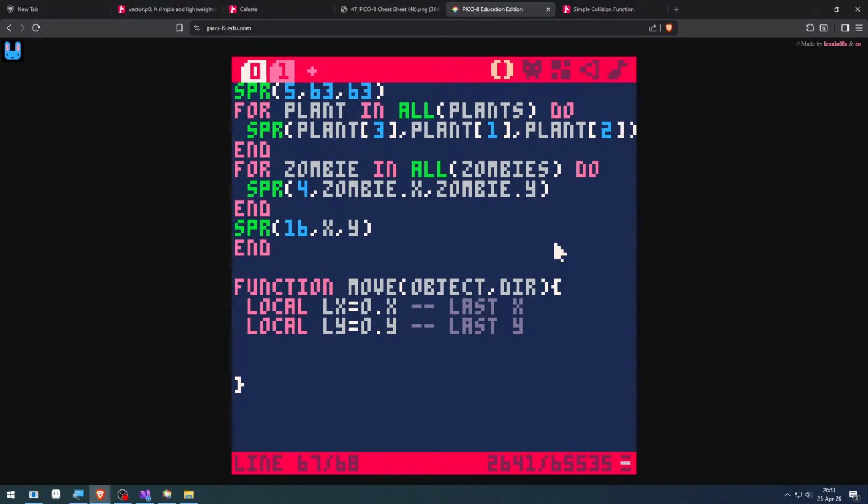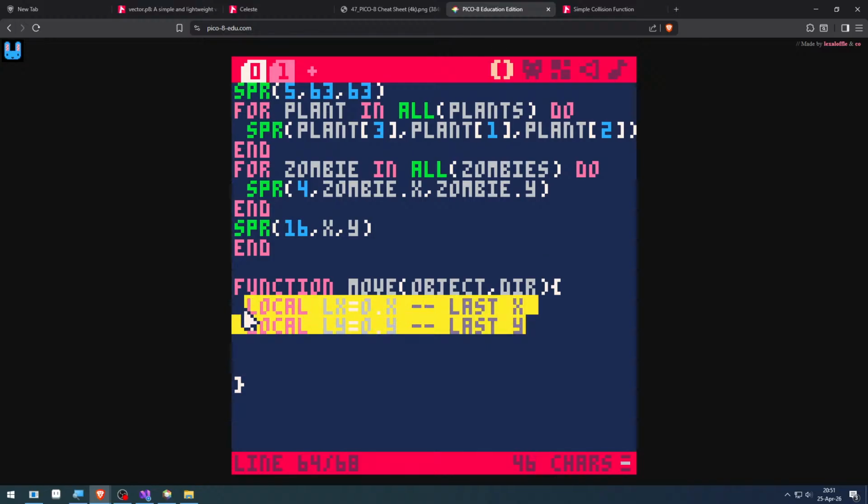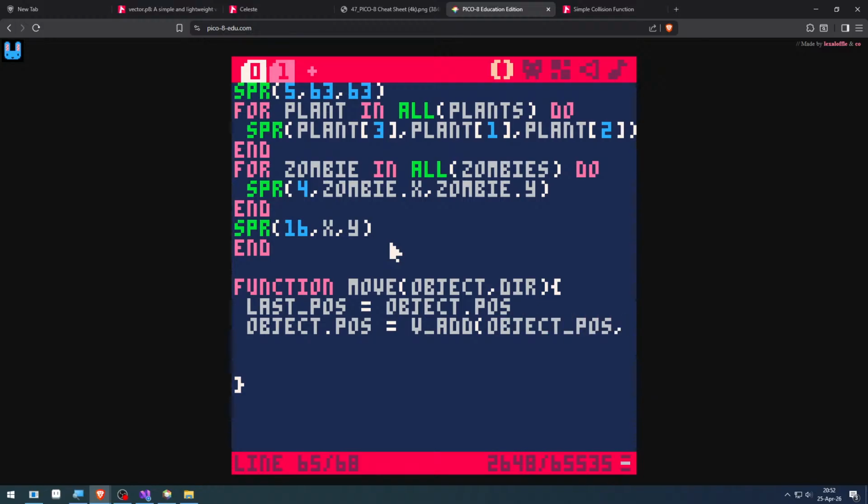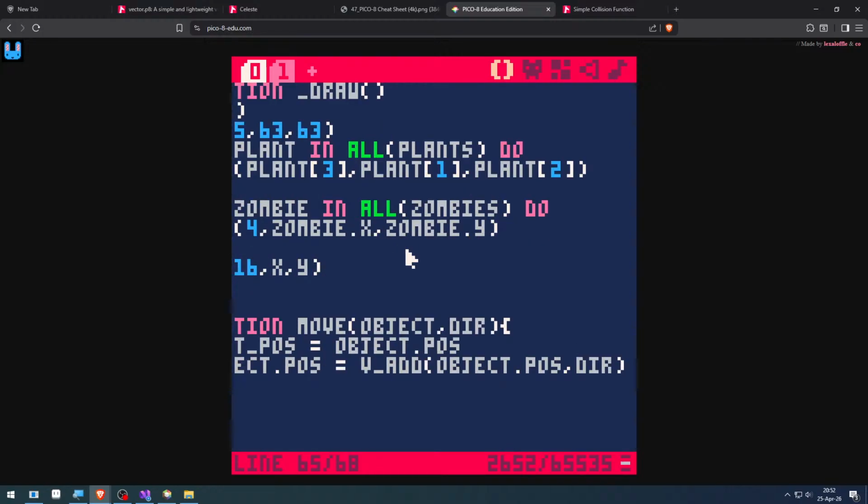So I'll do, no, it should be like last position will be object position, and then object position equals vector add, object position with the direction, and then we do